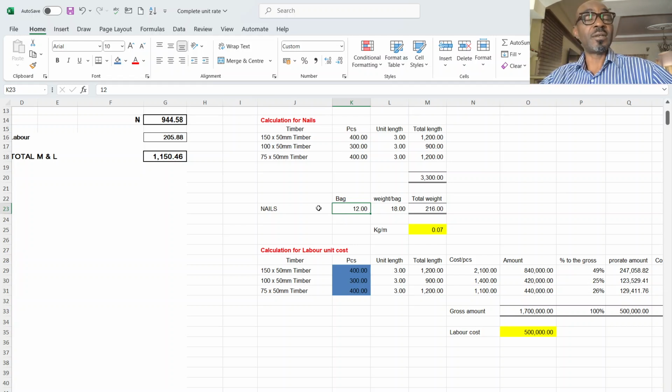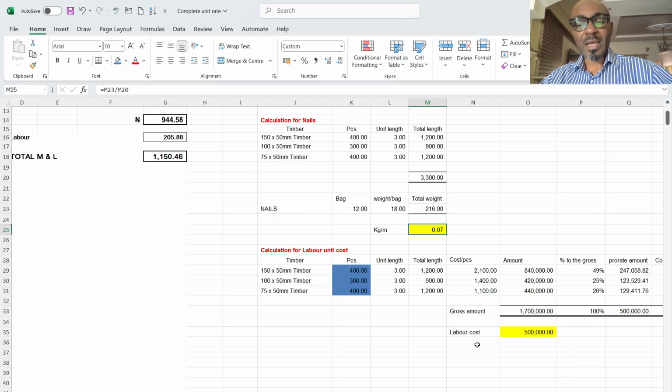Those were the sizes of nails you bought, and you bought 12 bags, and the weight in each of the bags is 18 kg. So you multiply the 18 kg by 12, gives you 216 kg. Then you divide the 216 by 3,000, gives you 0.07